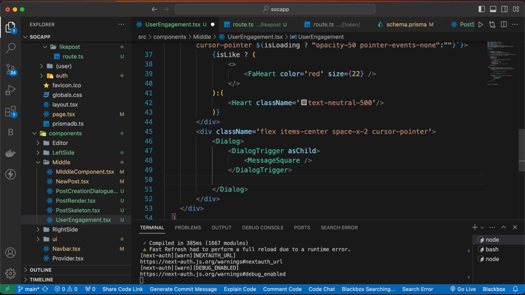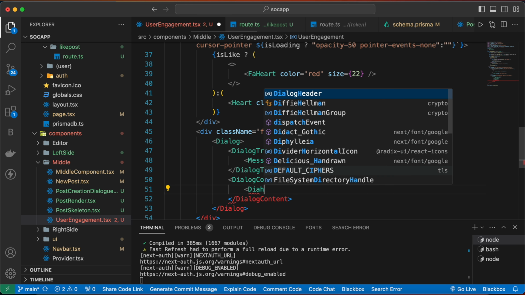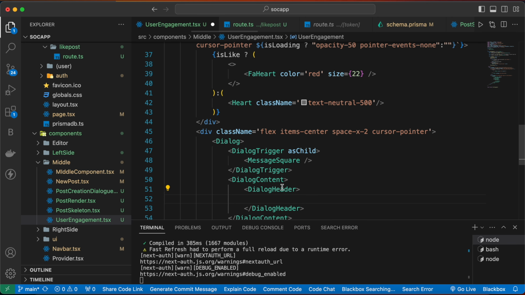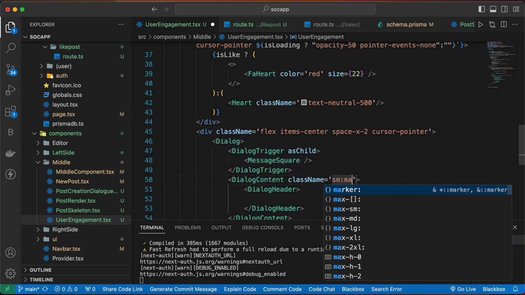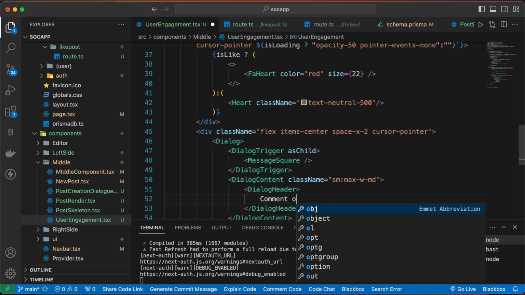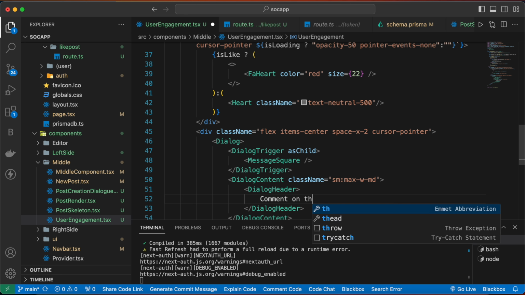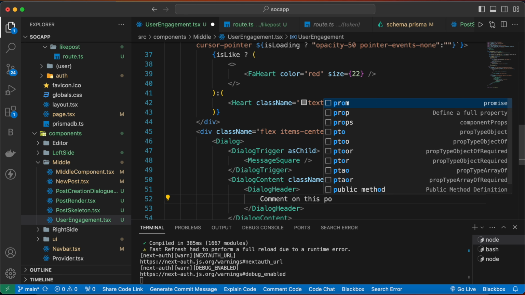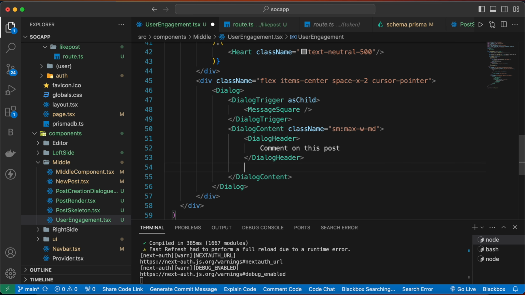Now after that we are going to have our dialog content, and then inside that we are going to have a dialog header. Give this dialog content a class name of sm:max-w-md, and inside the dialog header we are going to write "Comment on this post". Then below this header we are going to have a div, and give this a class name of